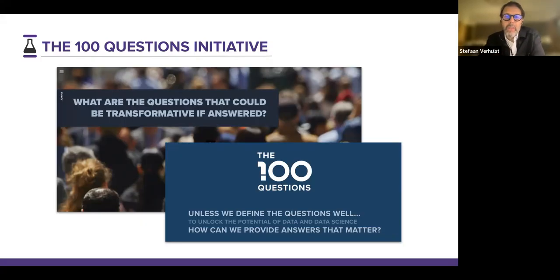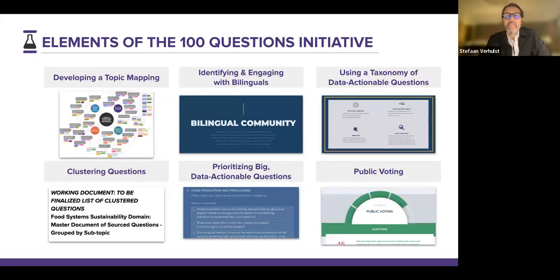And so towards that end, we developed a more participatory approach to actually formulating questions. And for those that are joining today, this could also be a methodology that you start using in order to really understand what is actually the priority question that I should seek to answer with the data that I try to have access to, or with the data that I might already have access to as well.